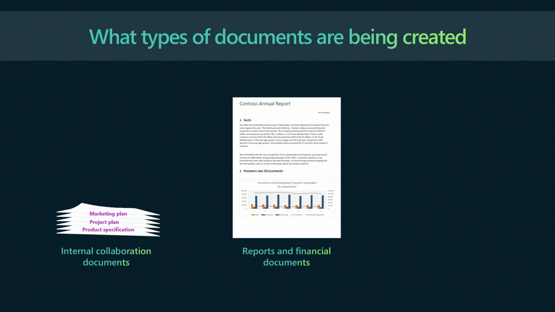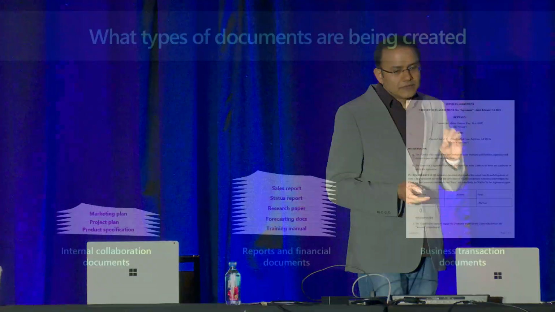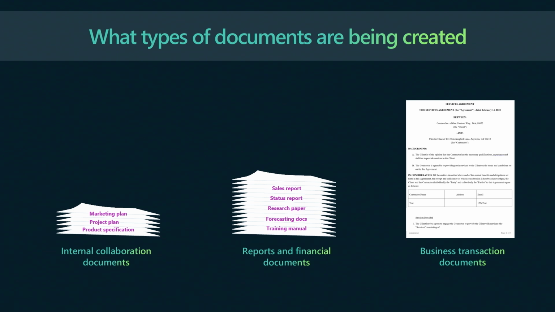And as you can imagine, behind the scenes, the team is using SharePoint in Microsoft 365 to actually prepare for that quarterly release as well. But last but not least, pertaining to this session, is what we call the business transaction documents, or high-value business transaction documents. So for example, if Microsoft is doing a contract with another vendor, let's say, for example, Contoso, then